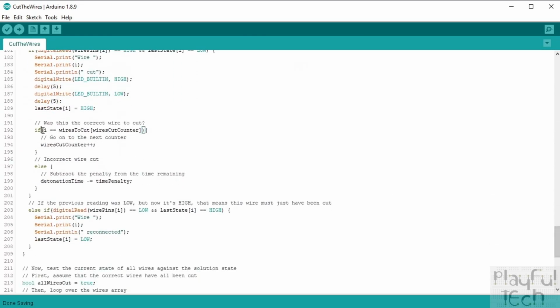So if the wire that has been cut is equal to the wire that we next wanted to be cut, brilliant. We'll go on to the next wire in that case. Otherwise, if it was any other wire, this is where we need to subtract the time penalty. So whatever we defined that value was at the top of the code, we take it away from the detonation time in the future. So we go through all of the wires, and